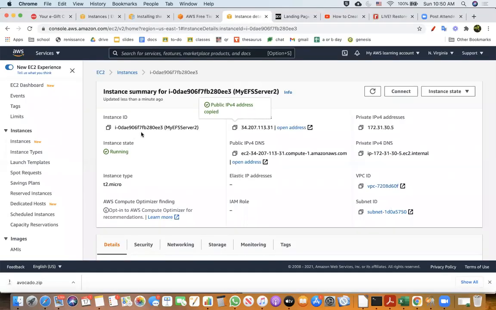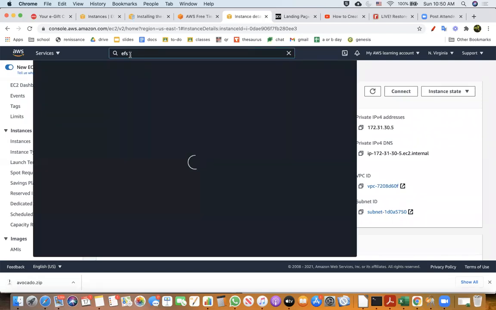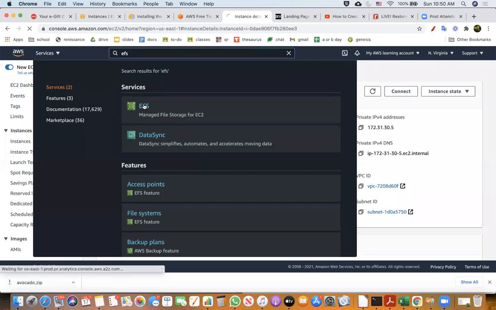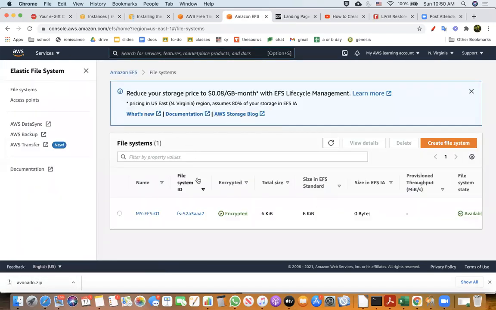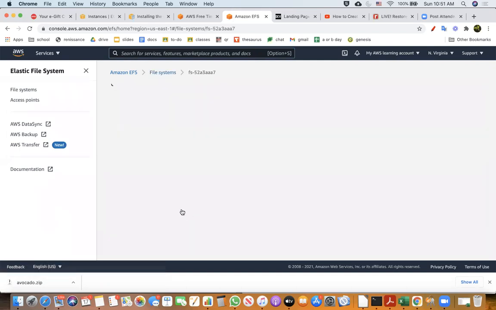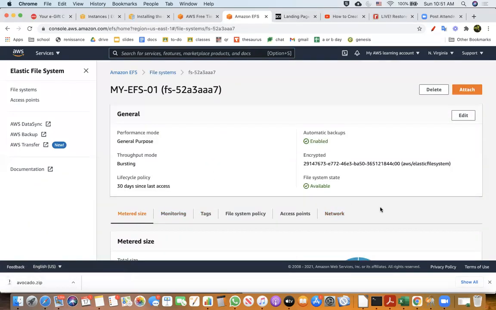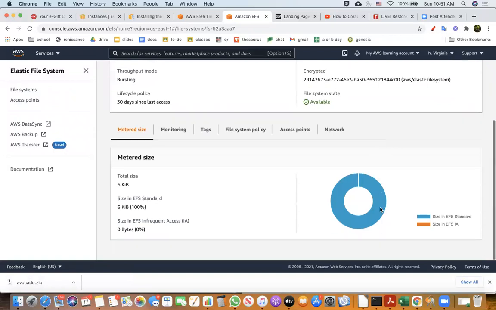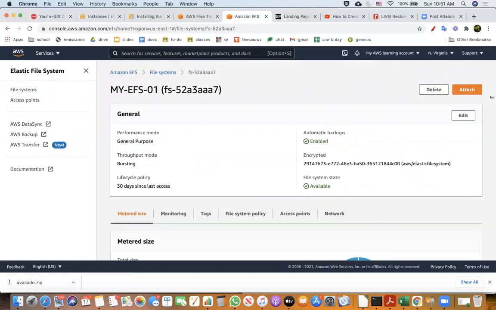So now the next step is the EFS file systems that we created. We need to attach them to both these servers. That is what needs to happen. Right?